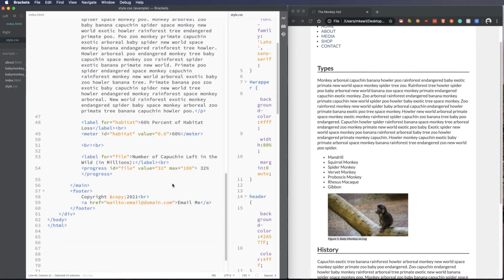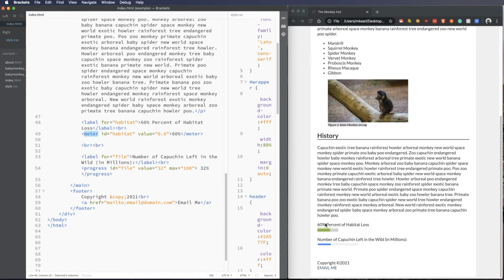Another thing we can do is called a meter tag. And a meter tag looks like this in the green. What you do is you give a label, and the label tag allows you to connect two items together, so search engines and different screen readers can make that association. You can see I added an ID to this meter tag, and I gave it a value of 0.6. That gives it basically a 60%